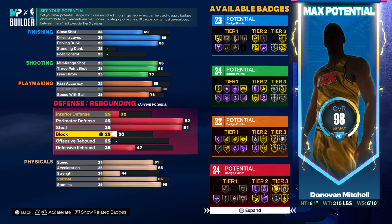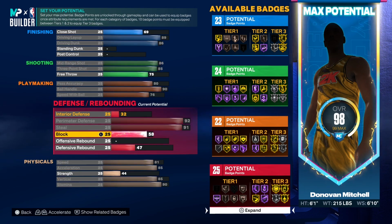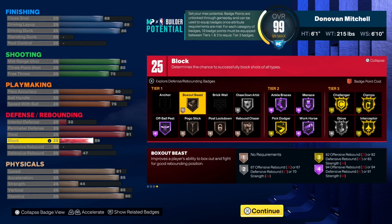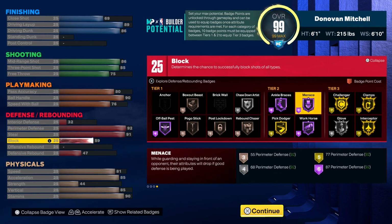Now, I know, ironically, I could have gone for getting at least gold Glove as well. I did initially put this up to like a 95 to get gold Glove, but then I remembered one thing, they have patched steals, in which case it's easier to get steals through Interceptor than it is Glove now, so it's better to have gold Interceptor and not worry too much about gold Glove. Now, as you can see, this does allow us to finish with 25 total defensive badge points,